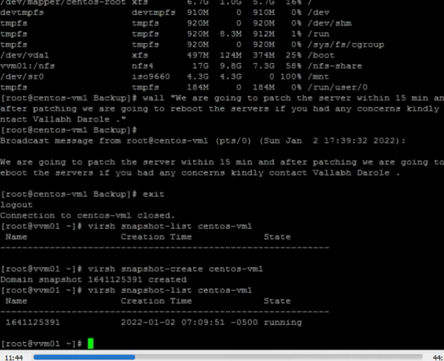Hi friends, I would like to highlight one more thing. If you are taking a snapshot, ensure that you delete the snapshot once the application is up and they tell you everything is working fine. Because if you don't delete it, the snapshot will also grow and it will create a performance issue on your VM.